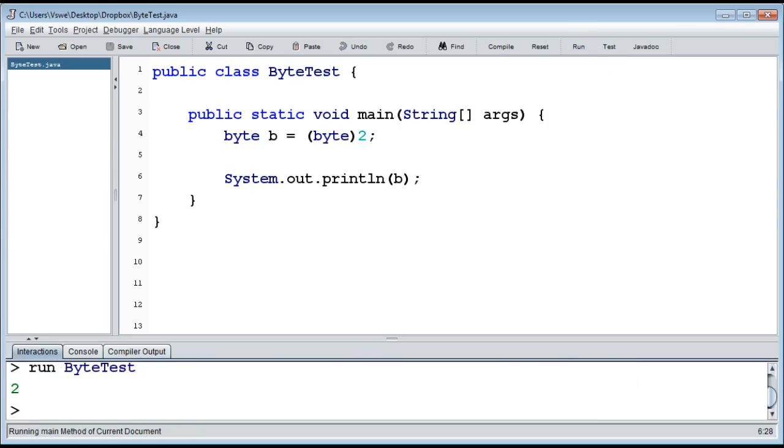Why? Well, it would be annoying for us to work with binary all the time, so when we print out a byte, it's going to print that out as a decimal, so it's going to convert that. But in the end, what is being stored here? This code is very simple. We store 2 in a variable and then we print it out. But what's actually happening behind the scenes, which you don't have to care about, is that